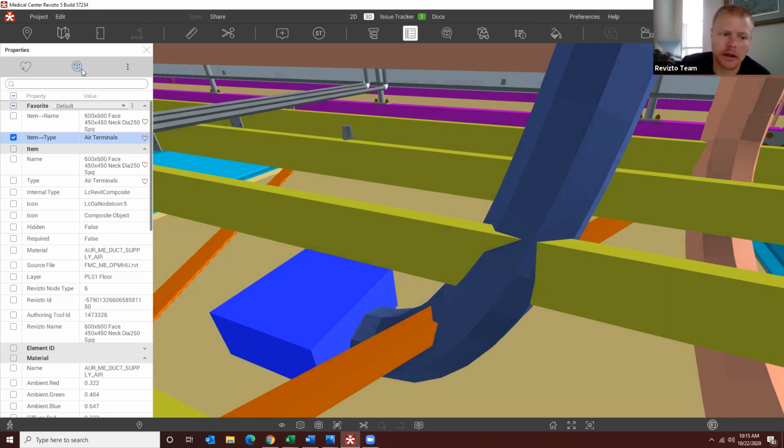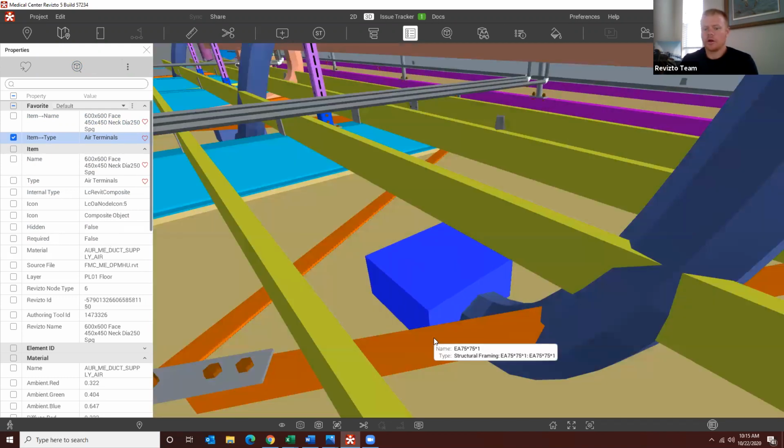I can create a search set. I can create a reverse search set. But in this case, I'm just going to create an issue. So let's just say we need somebody to verify that these have been installed properly. Well, this project, we may have 45 or 50 air terminals just on this level that we are looking for. So we can isolate a specific box, find them all within that section box that we created, or we can